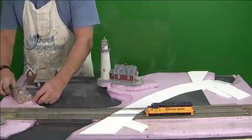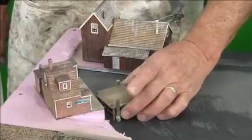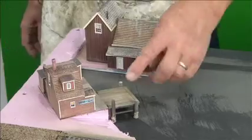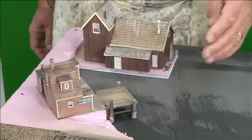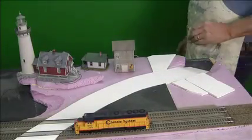I'm putting this here, and right in front of it here, I'm going to be putting a little pier. I haven't decided how it's going to go yet, probably something like that. This stuff was built up for another project and I never used it. I always overbuild when I do this. Okay, for the other side of the